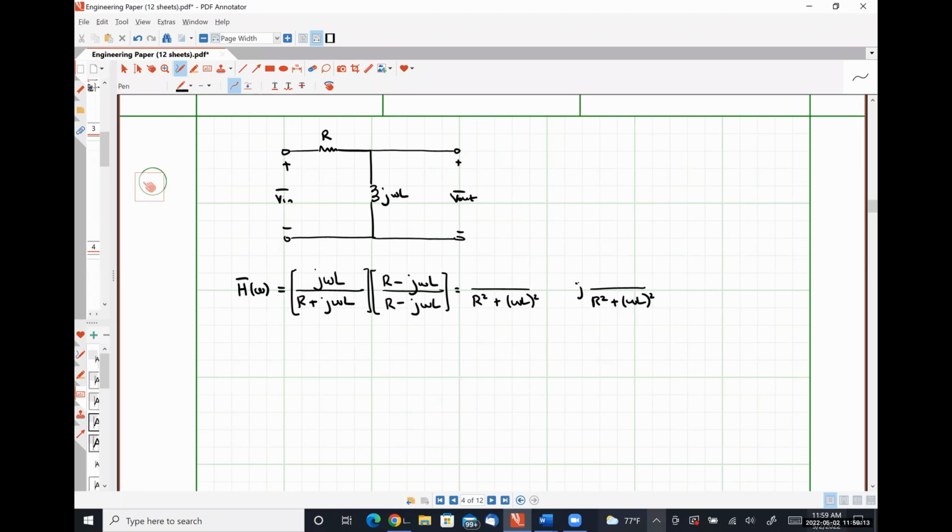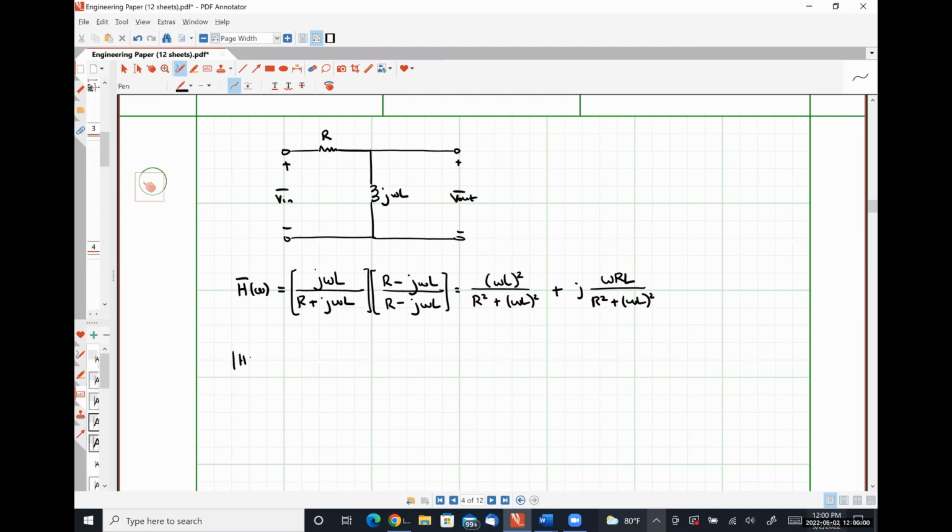So when I multiply the numerator parts together, what's the real part of that going to be? Omega L squared, absolutely. And what's the imaginary part going to be? Omega RL. And then that should be a plus sign there in the middle, if I'm not mistaken. All right. So we have split this up into its real and imaginary parts. So now let's determine our